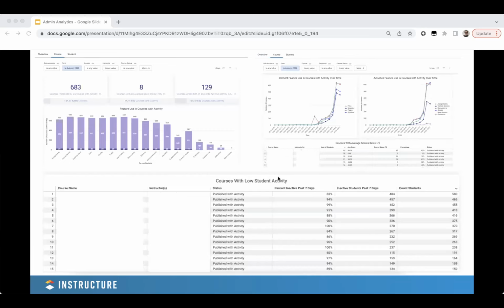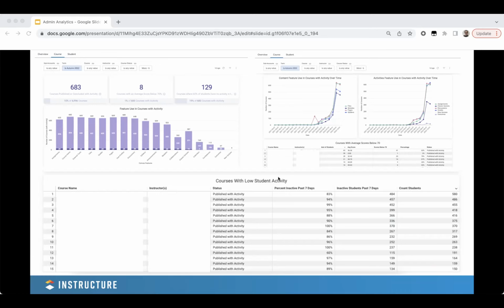The second tab or the second dashboard is our course dashboard. And this is really for admins to be able to understand feature usage and course publication, so how many courses are created and all the different statuses. Are they published with or without activity, or are they concluded, or are they not yet published? So a really handy one when we're about to see the beginning of term or semester: how many courses are there but haven't yet been published, and how many are ready to go. But also, what does it look like for student activity and how are outcomes being met across those courses? So some of the questions we'd expect you to be able to answer from this one are things like